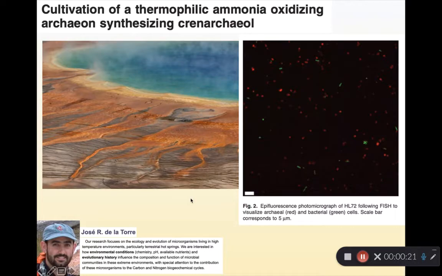So I wanted to start off by looking at an interesting study by Jose de la Torre, who was looking at life that exists in these sort of extreme lakes that have extreme heat and are methane producing. And interestingly, he's able to classify the types of life that can exist in here. The green are the bacteria, but you can see that the vast majority of life that exists in this extreme environment is actually archaea. So these are archaeal organisms in red.